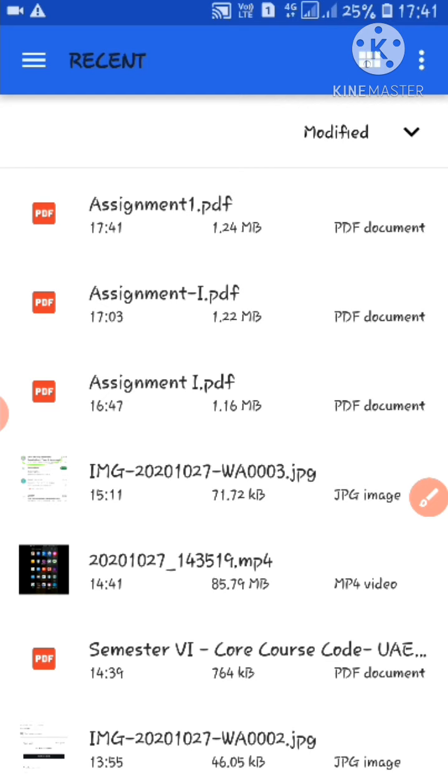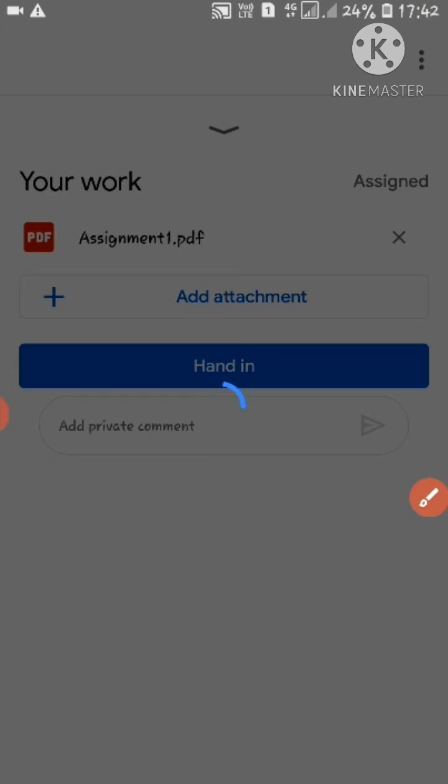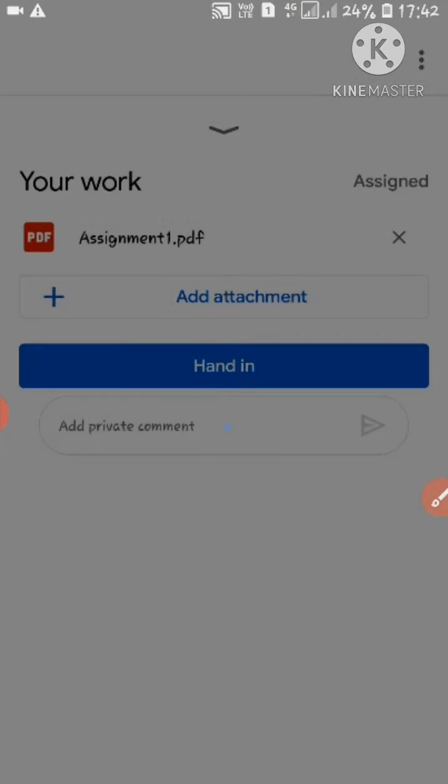By clicking this, you see what I have made, just this assignment 1 PDF file. This is my assignment 1. Click on this assignment 1. So here I have attached my file already.